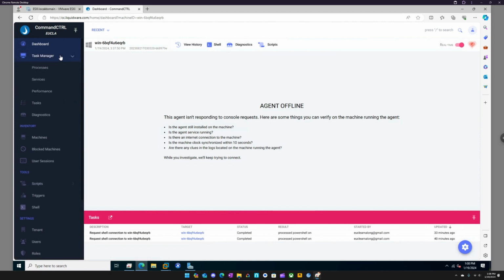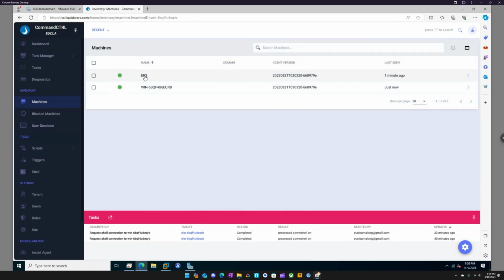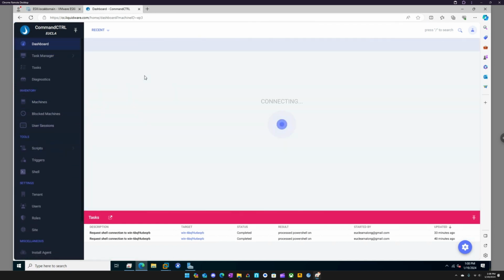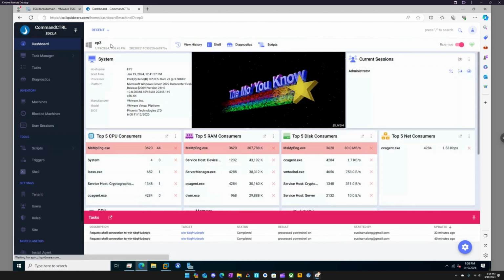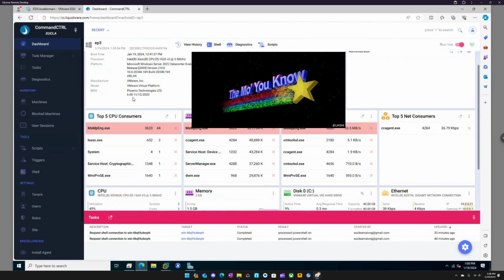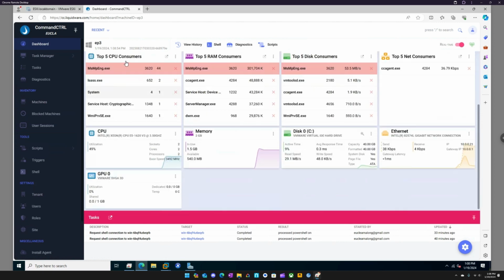Let's go back to machines. Let's click on our machine. Endpoint 3, connecting. There we go. Lots of information. Again, I'm not going to go into this too much. So we'll scroll down. We saw that. So we got top 5 CPU consumers. We got RAM,